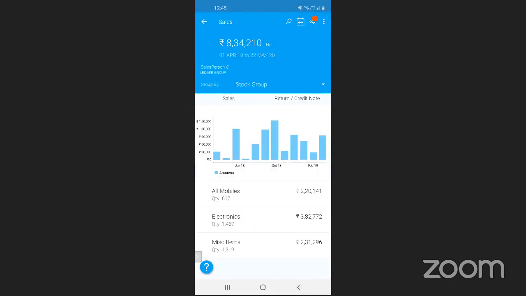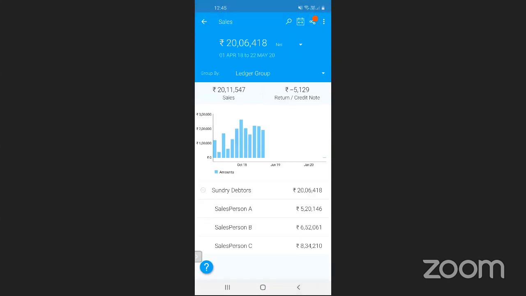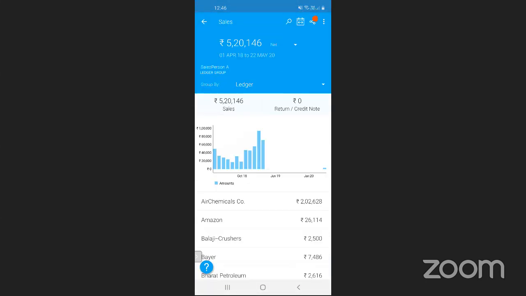But suppose I want to see that this is my ledger group, salesperson A, B, and C, which of my salespersons is not able to perform that much better. So you can see salesperson A is a bit behind the rest of them. So I can go in that. I can just